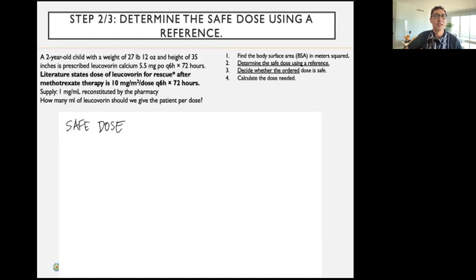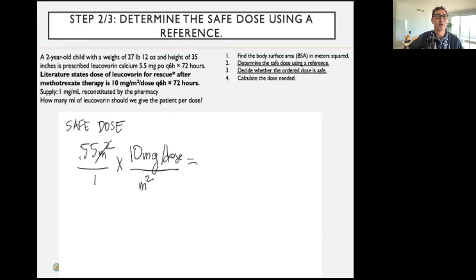There, it's right here. I'm going to take my body surface area, 0.55 meters squared, times the safe dose. It's 10 milligram per meter squared. Dimensional analysis here. I'm going to cross off my meters squared. I'm going to multiply it. 0.55 times 10 equals 5.5 milligrams per dose. Is this a safe dose? I don't know. The literature says